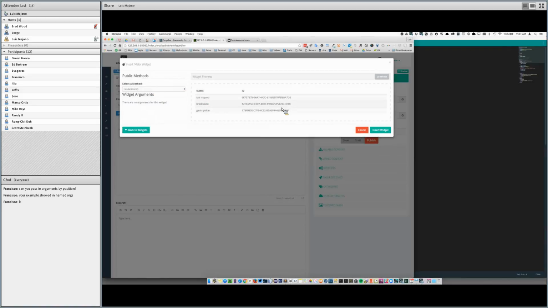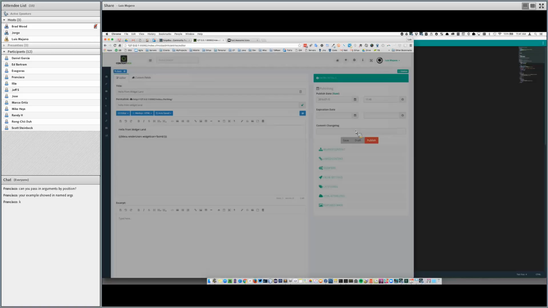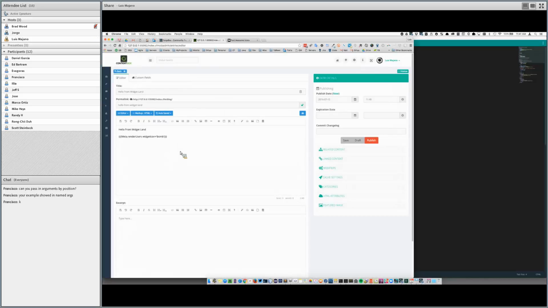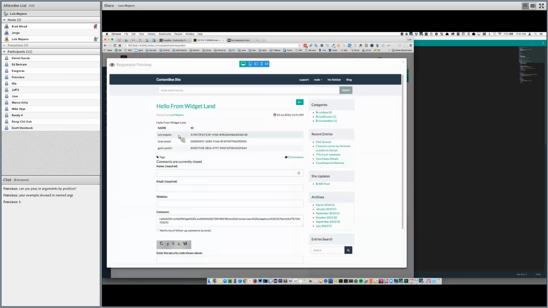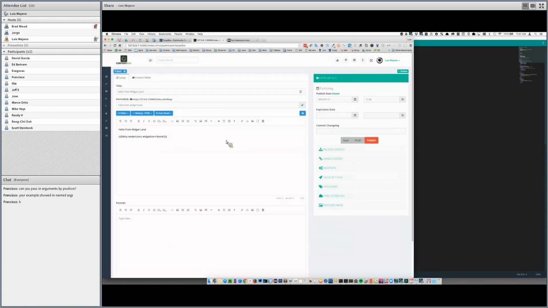One, the triple mustache notation, which is called meta. And no arguments, and I can get a quick preview, and you can see here is my meta. Okay? I can actually go back in here and execute the say hello. I just type in say hello. And there it is, hello from Widgetland, Hola Luis. So very, very easily you can see what's going on.